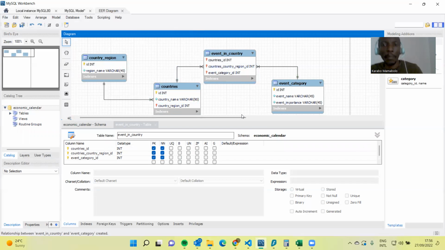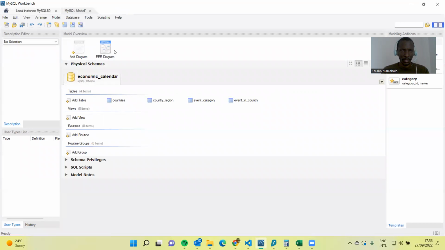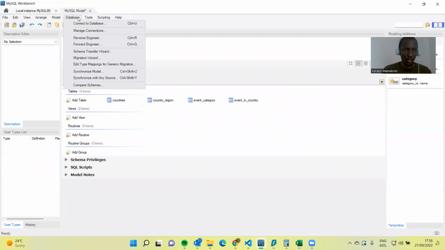Now, how you would go about re-engineering a database on the workbench. I don't think this information will be available there. Let me just see if it would actually show this particular information. Okay, so how we'll go about doing the re-engineering here is by going to database first of all, and then